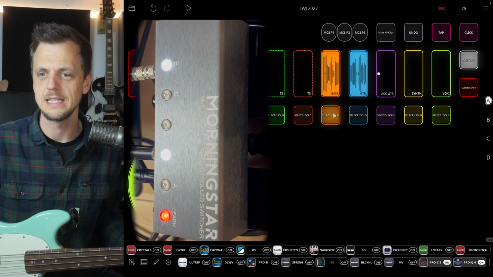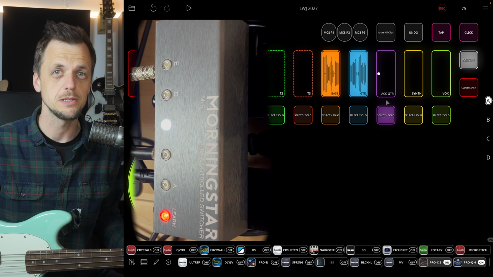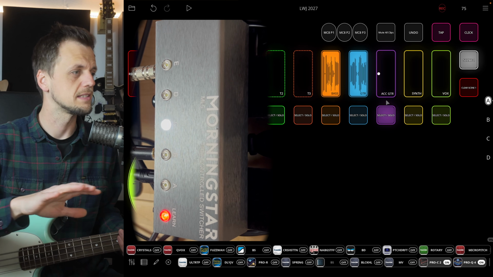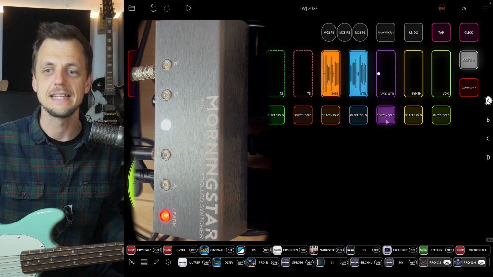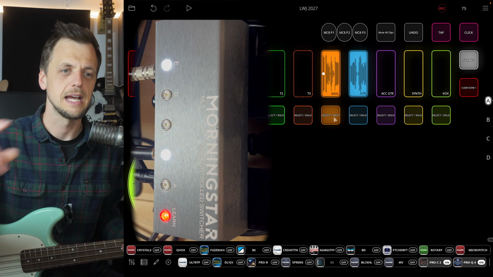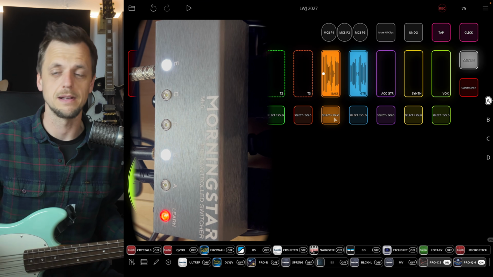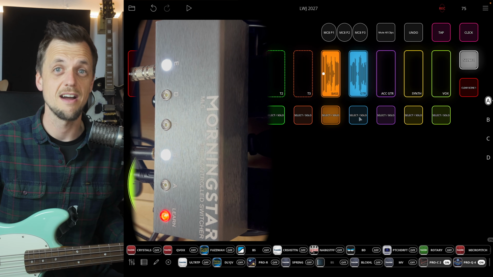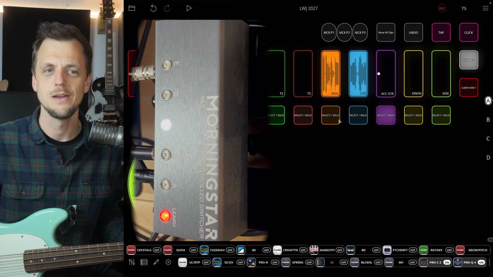So let's start with a real quick example. On screen here, this is my Loopy Pro template. You can see that I've got 3 different loops. We've got bass, guitar, and acoustic guitar. And without having to touch any foot switches at all, using the power of MIDI, I can simply select the loop I want. And you'll see on the Morningstar ML5, it will select the instrument that is plugged into the side. So I can click guitar, and guitar is on A of the Morningstar, acoustic guitar on C, or bass on B. So right now,